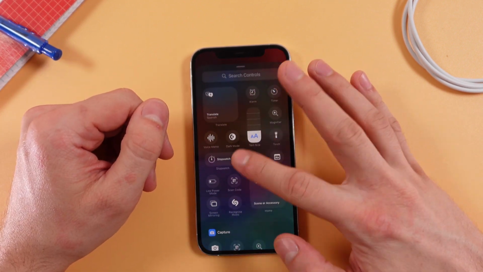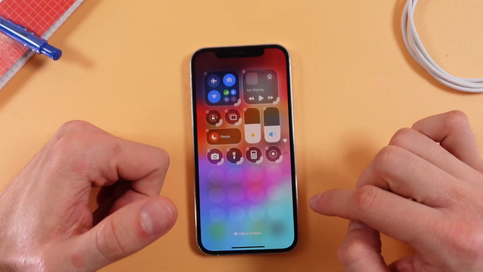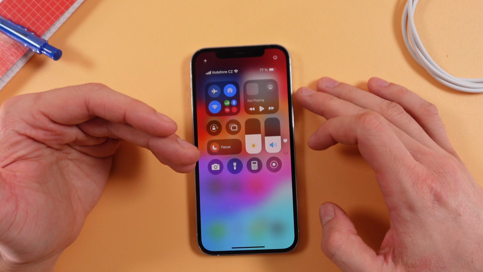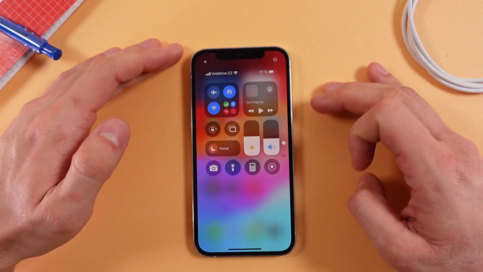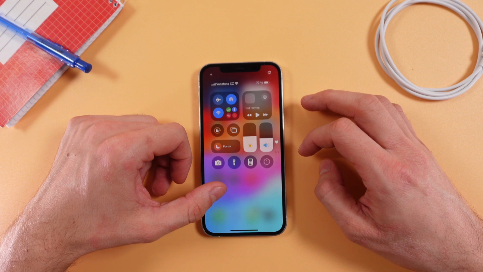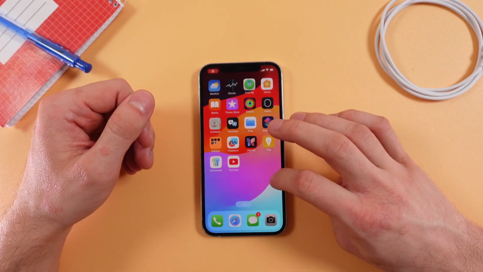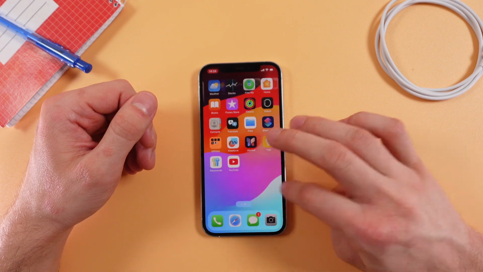Now let's find screen recording icon, here it is, tap on it. Now tap on the blank space once again and we've got our screen recording added to our control center. Now to record a video, press screen recording and our recording has just started, so go through it, record anything